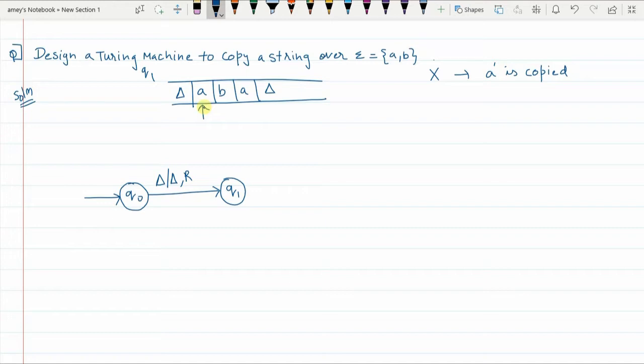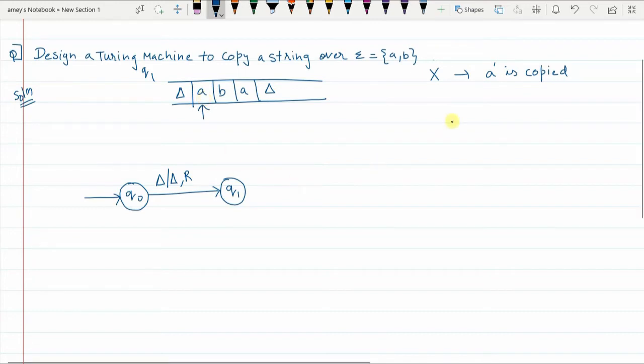Basically, a copy-paste activity has to happen here. If I am copying the current a so that it can be pasted later, I will replace this a with capital X. The moment the Turing machine reads X, it will know that there was a small a here earlier which was already copied.